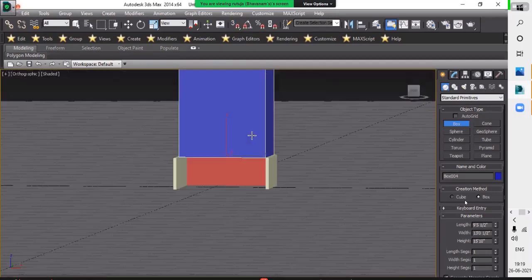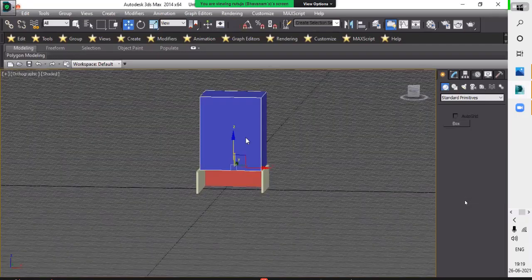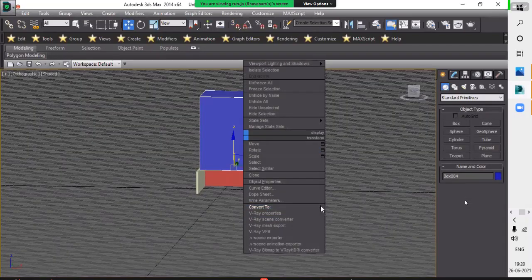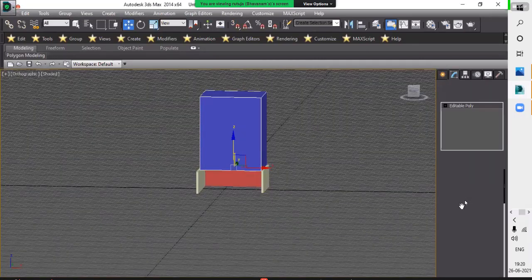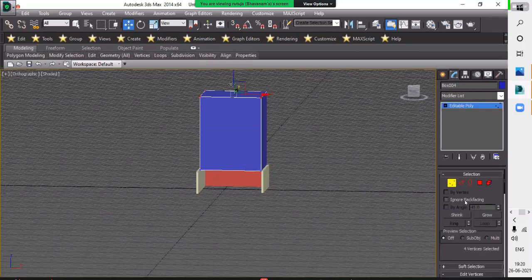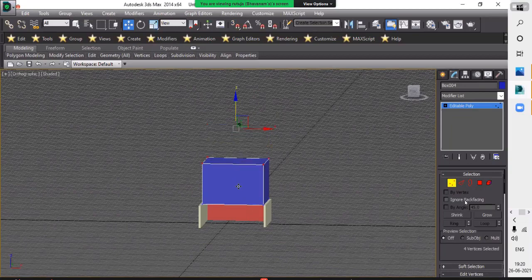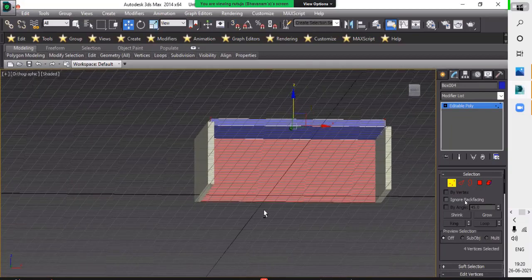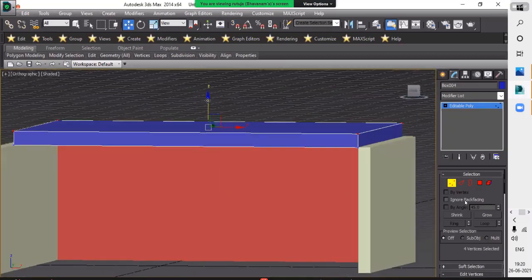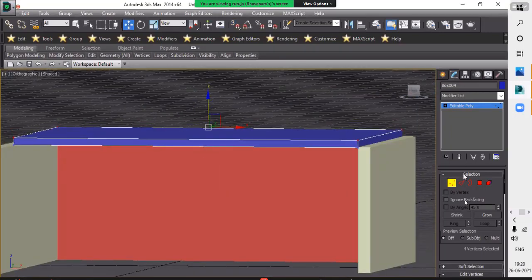Okay, so convert it into editable poly and change the height. Okay. You get exactly 6 inches of slab thickness, like that.